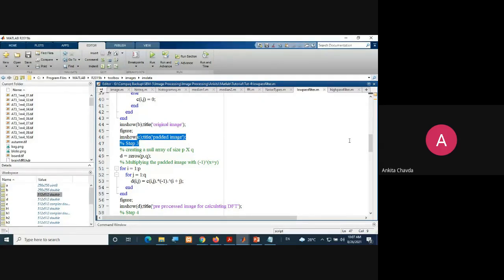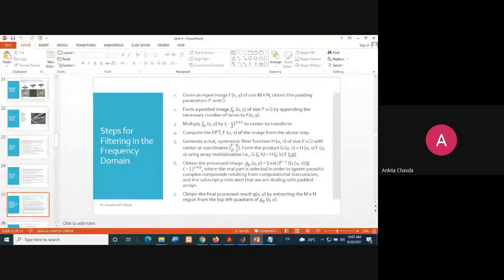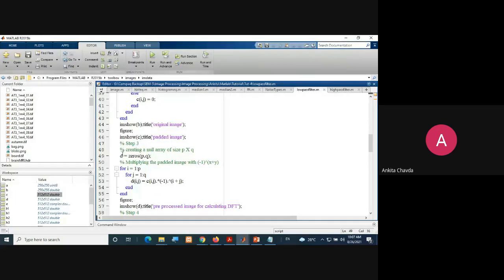Okay. After that, the step was what? Do you remember? Multiply your padded image by minus 1 raised to x plus y, right? So you are taking another image D equals zeros of PQ. Then you are multiplying your padded image with minus 1 raised to x plus y.